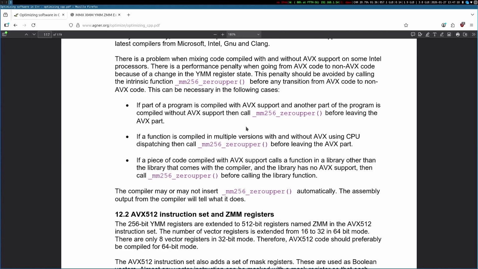There's a problem when mixing code compiled with and without AVX support on some Intel processors. Intel can go eat shit. There is a performance penalty when going from AVX code to non-AVX code. This penalty should be avoided by calling